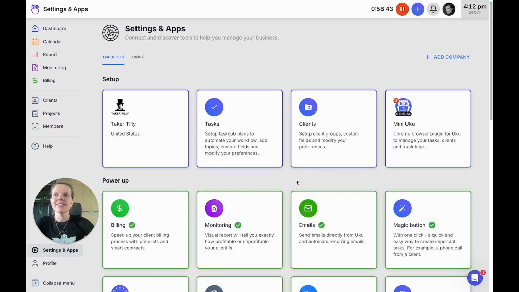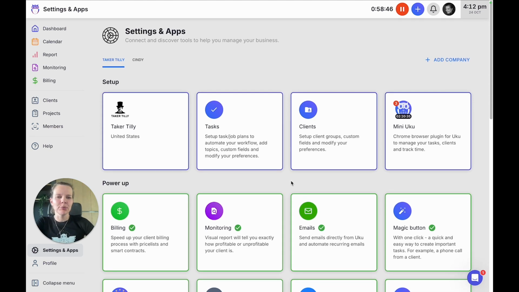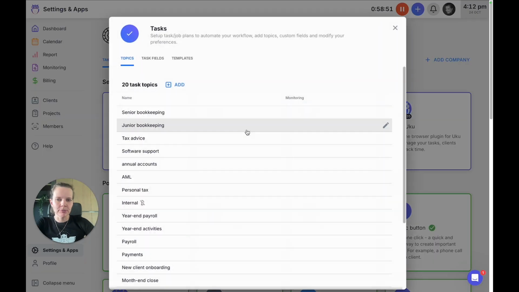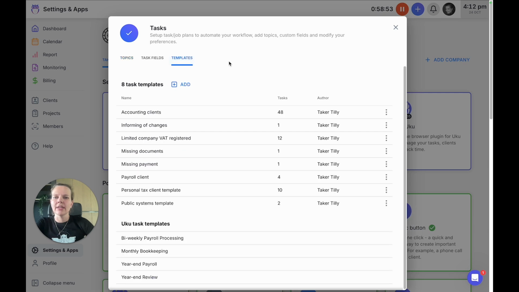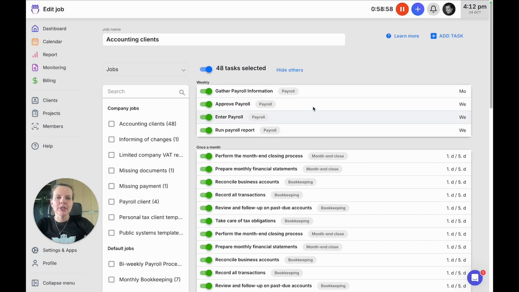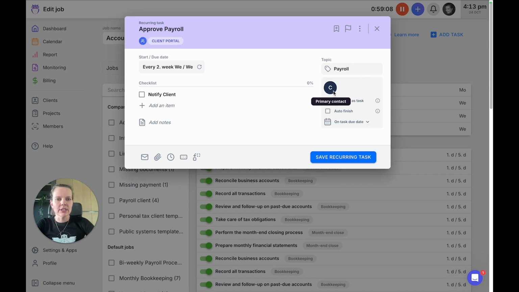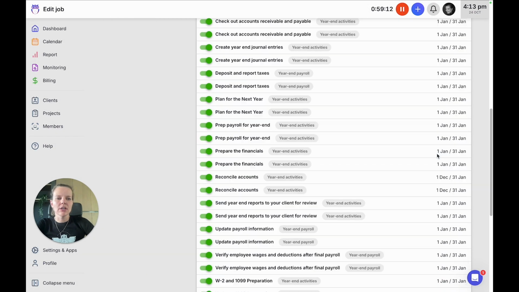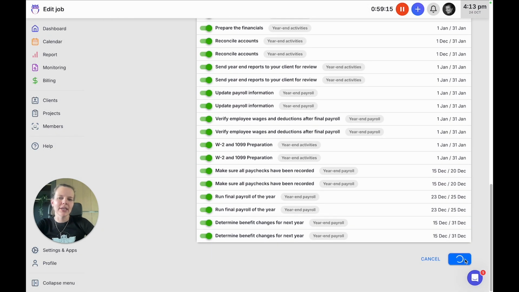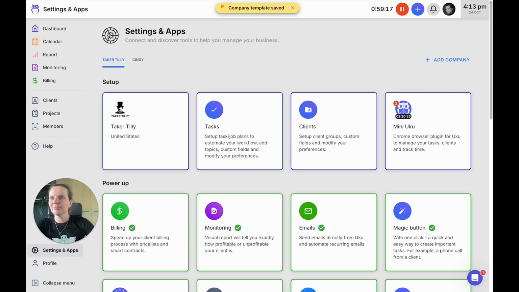First up, let's start from the client portal. So now, when you are creating master workflows, either your task templates or your project templates, in both cases, when you're adding tasks to the workflow, you can already say that this task needs to be assigned to the client portal. And you can assign it to the primary contact. So this way, assigning tasks to the client portal is already one step easier.